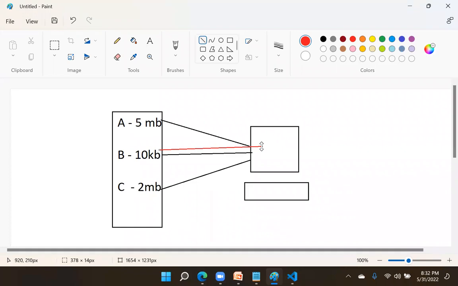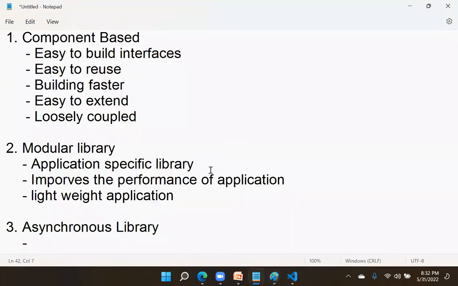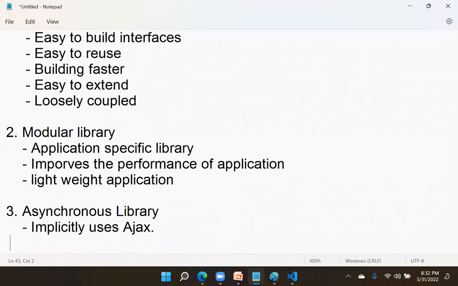Because it is asynchronous. Actually, in JavaScript and jQuery, you have to depend on a lot of AJAX, but React implicitly uses AJAX. We can explicitly use AJAX also, but it implicitly uses AJAX. Many people who don't have this idea generally ask, will you teach Ajax in React?